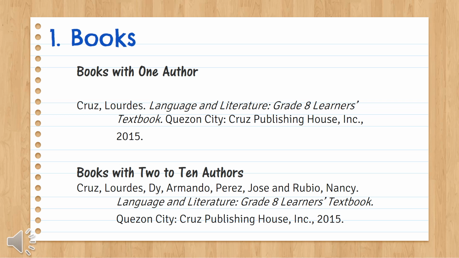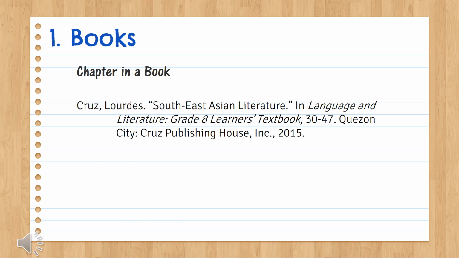Next, I want you to look at books with 2 to 10 authors. I want you to read it. Next in line, we have chapter in a book. So this is how you will cite the source. You will write the name of the author, last name first, the title of the chapter,